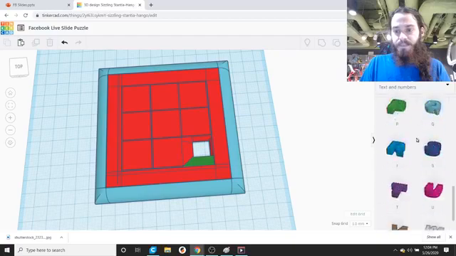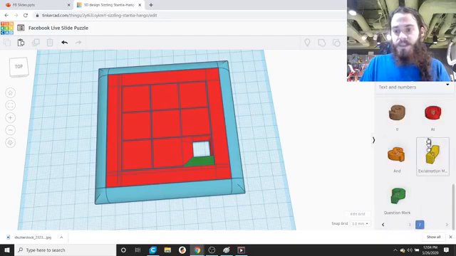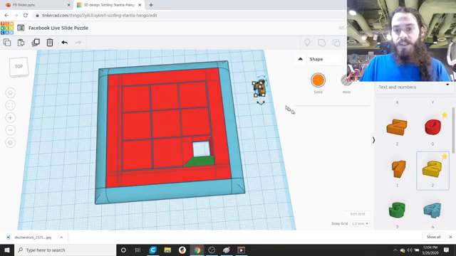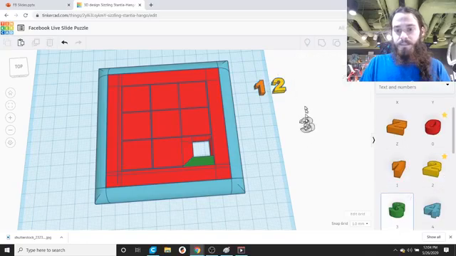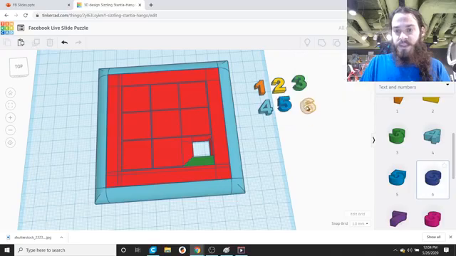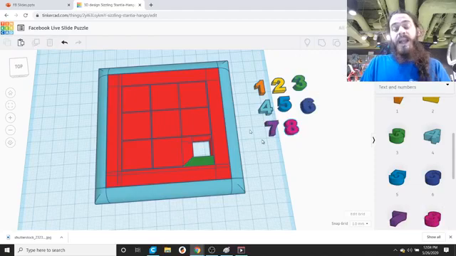Ta-da! So here, let's go to the number section. 1, 2, 3, 4, 5, 6, 7, and 8. Now, the reason I put it over there as opposed to on top here is that